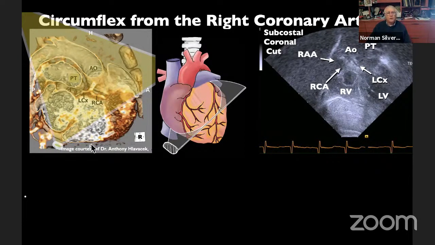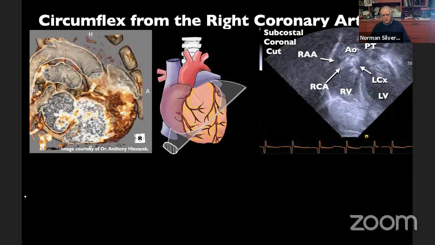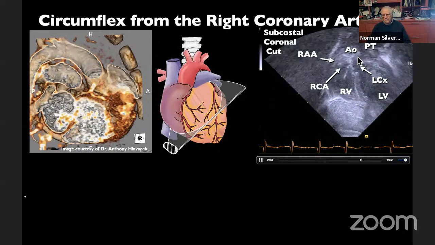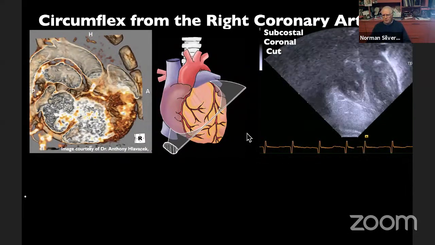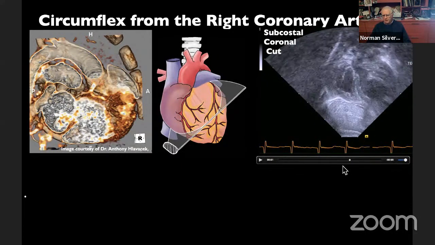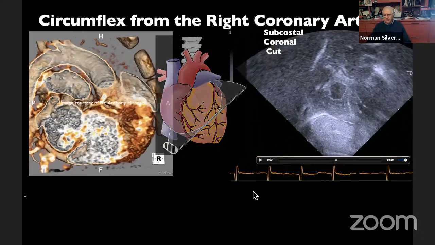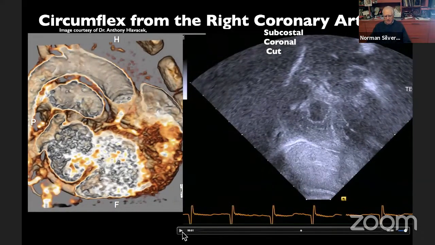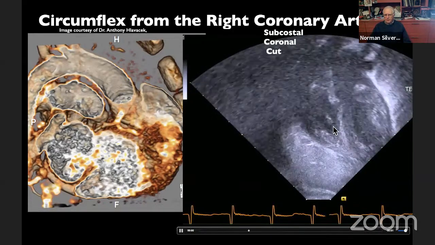Here is an example from Dr. Vlavacek on this particular topic. This is the commonest anomaly of coronary arteries. And here you can see very beautifully the origin of the arteries coming into the aorta. And of course, once again, we will have to look there and see, it looks like these two arteries are joining and coming through a common orifice into the coronary vessels. So let's just let this play here for you in the real-time frame. And here you can see very beautifully how to do this.